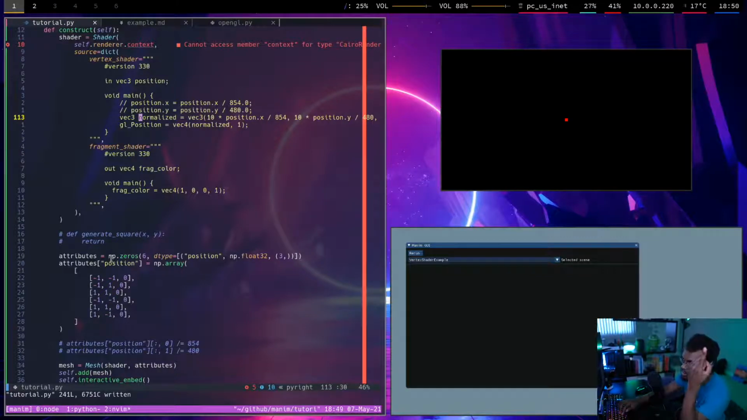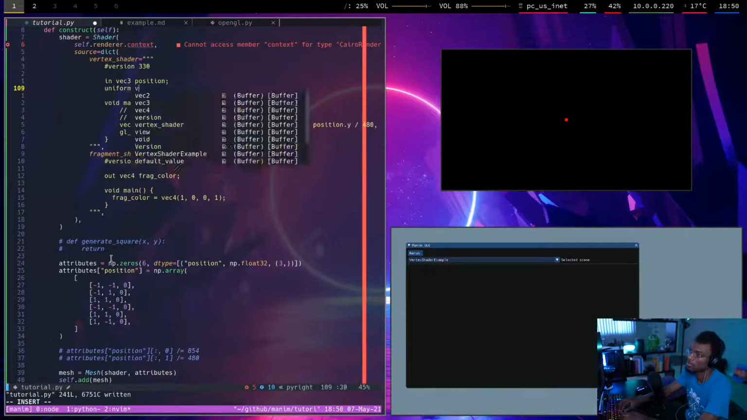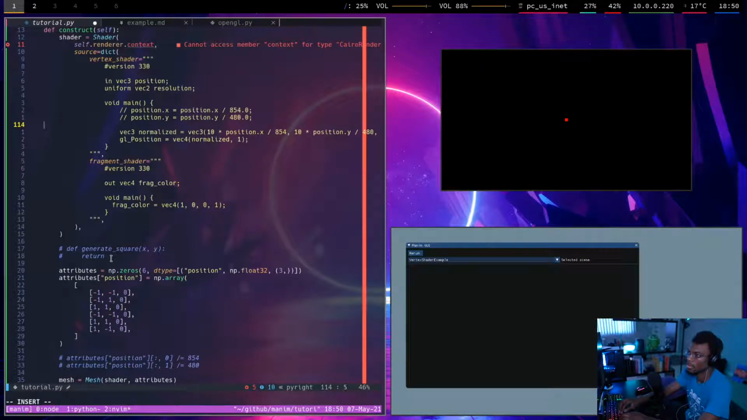So this needs a few parameters. It needs the width of the screen, the height of the screen, then the size in pixels that I want this thing to be. So you pass in a uniform, vec2 resolution. And let me see if I can do vec3 normalized. If I can put this here,